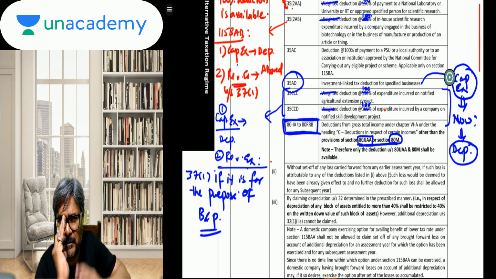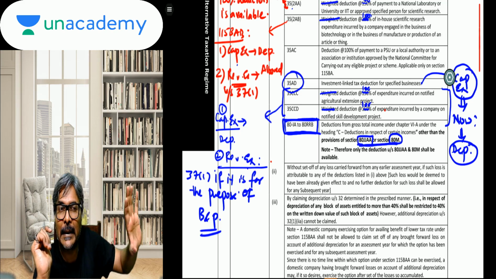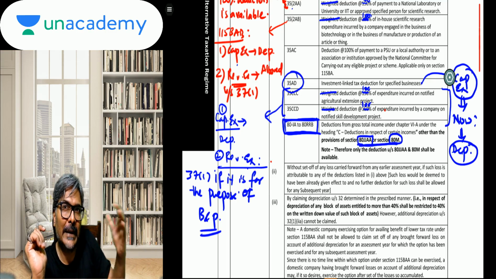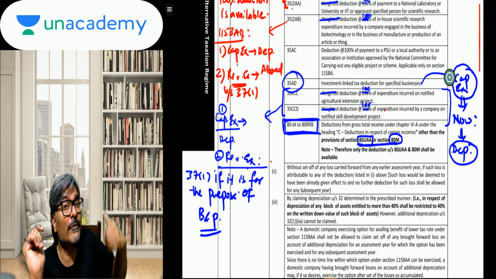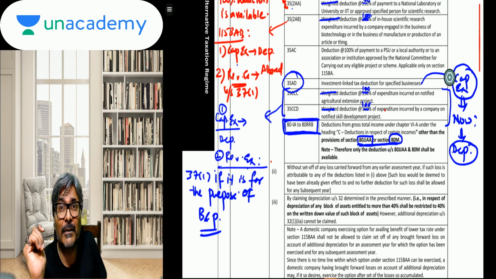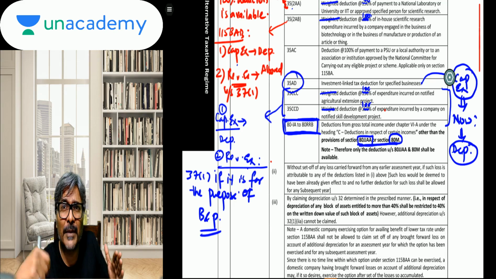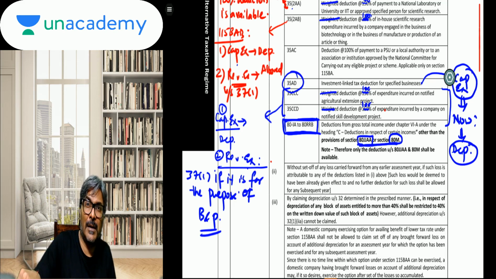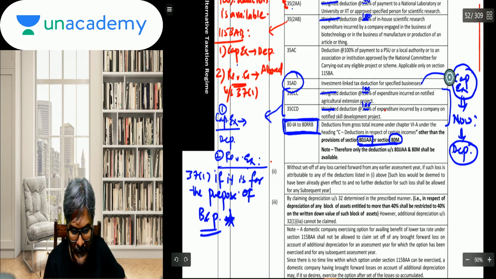Because unlike in the case of scientific research, where it can be related that it is meant for the business, agricultural and skill development becomes a bit tricky, whether we should consider it for the purpose of business and therefore allow it as a deduction under 37(1), or otherwise, that no, we cannot say that it is for the purpose of business. It has no connection with the business, and therefore it may not even be covered under 37(1). So this is one of the trickiest parts which we have to take into account.